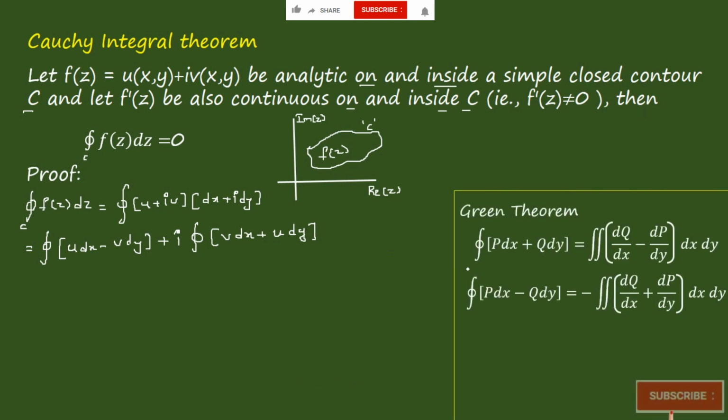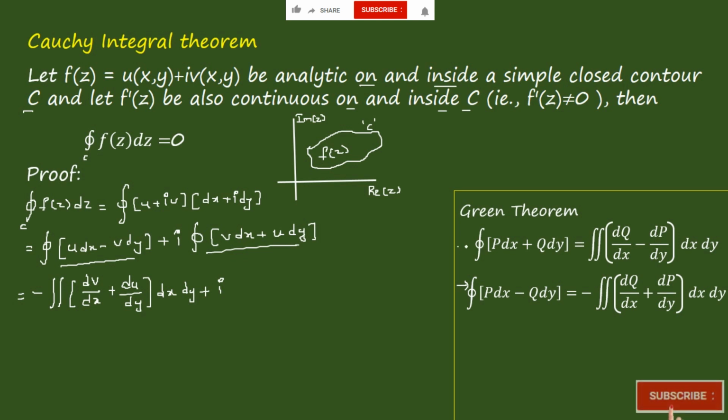First we'll understand these equations. If you consider the first term, u into dx minus v into dy over the closed curve, we will go with this equation: the integration over the closed curve of p into dx minus q into dy is equal to minus the double integration of dq by dx plus dp by dy dx dy. Here u is p and v is q. So when you substitute it, you get minus the double integration of dv by dx plus du by dy into dx dy, plus i into